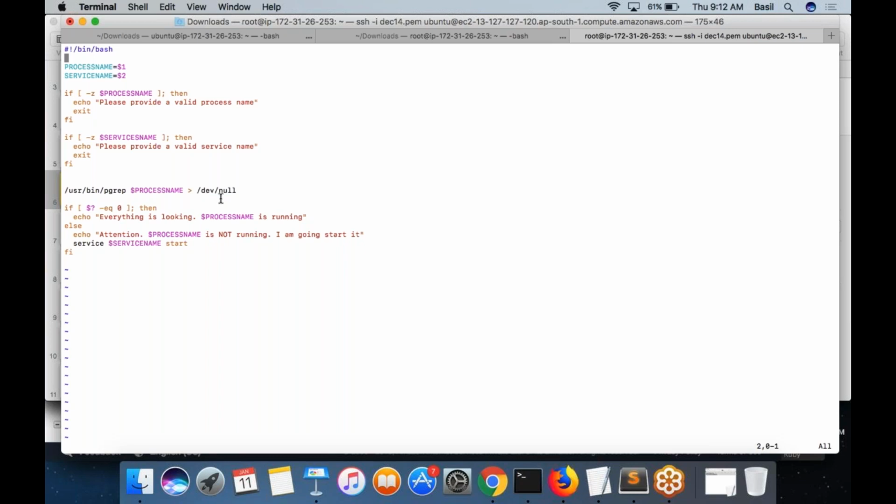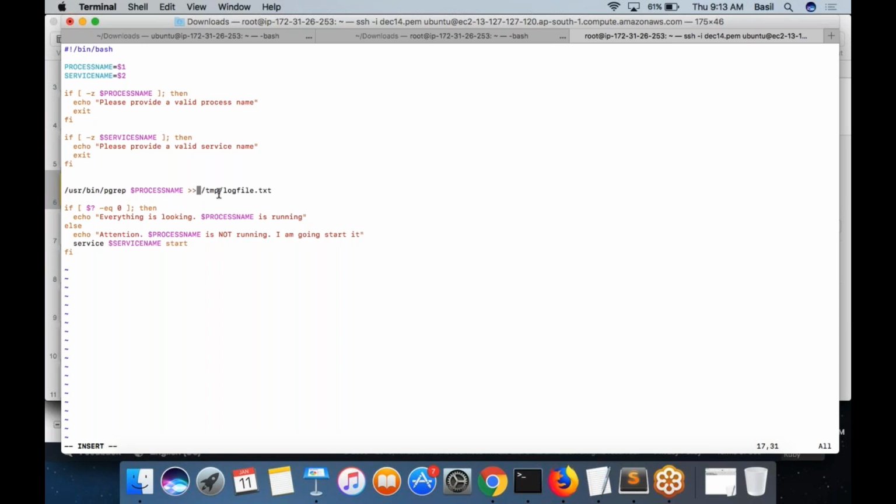If you want, you can send it to a file, let's say /tmp/logfile.txt. If you put a single greater than symbol, it would rewrite the file. It will erase the existing content, then write the new content. If you put double greater than, the existing content will remain the same.